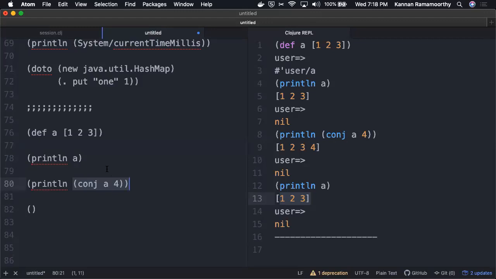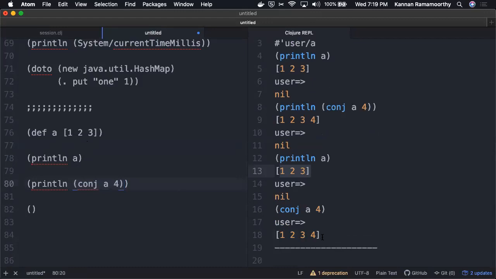For example, here we have created A with elements 1, 2, and 3. When I say conj A 4, this returns a new data structure with elements 1, 2, 3, and 4. The 1, 2, and 3 will be reused in memory, and only new memory is allocated for 4.